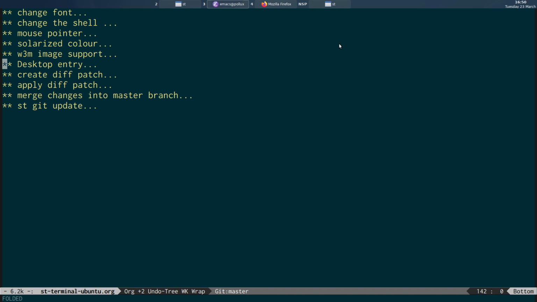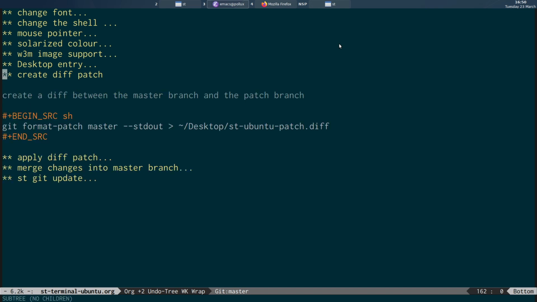The other thing in my notes here is that you can actually also create a patch from all the changes that you've made in your patch branch and save it as a diff file. So what that means is that you can basically have a diff file that you can just apply to a download of ST, and it will have all your changes in it, so you don't have to keep going through